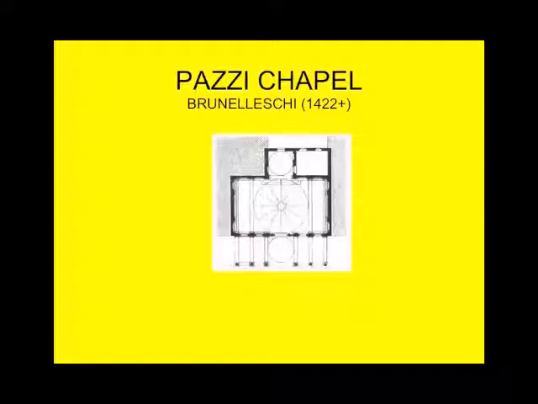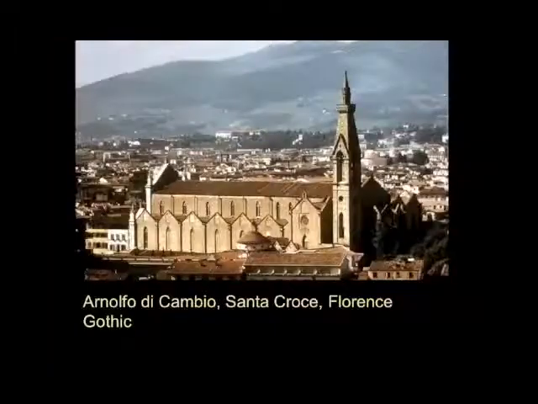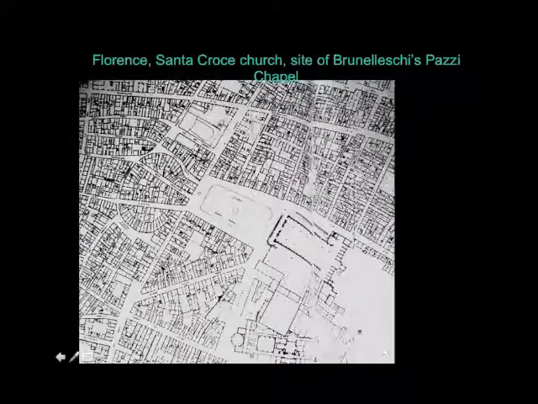The old sacristy was Brunelleschi's first attempt to build a centralized building. And he had one more chance to do that, and that was a little chapel attached to the church of Santa Croce called the Pazzi Chapel. You can see it here. There's a bend in the paper right here, so the geometry goes haywire. This is a book. And the Pazzi Chapel's right over here. So here's Santa Croce. Here is a big square, Piazza Santa Croce, and this is a kind of walled garden or cloister of a thing attached to the church with the Pazzi Chapel at the end of it.